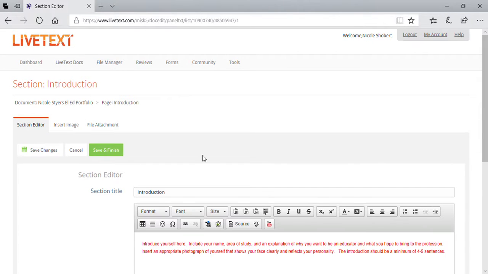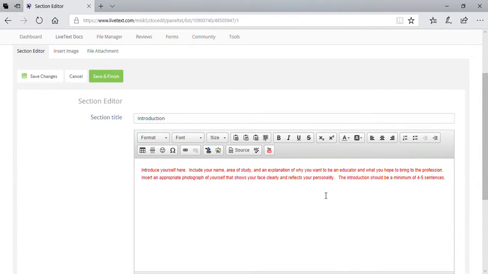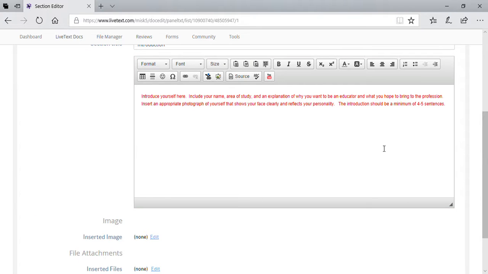and once you edit, you'll have this menu box that you can add and edit the text and also add images and files if you need to. So the first thing you want to do is type your introduction about yourself, and it says 4 to 5 sentences about who you are, why you want to be a teacher. So I'm just going to type a little bit. I want to be a teacher because